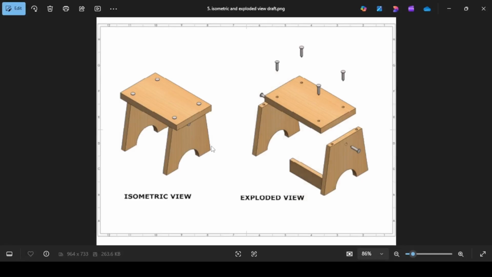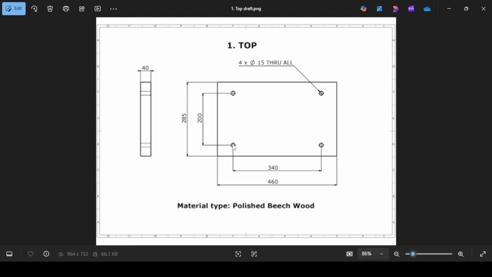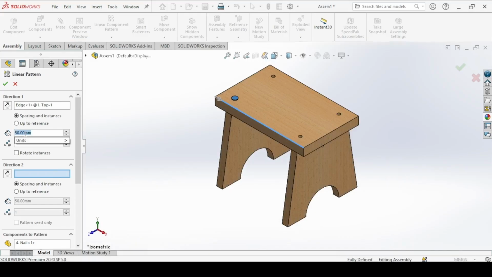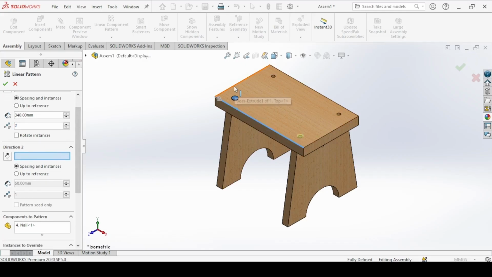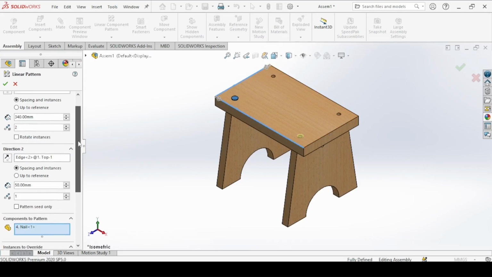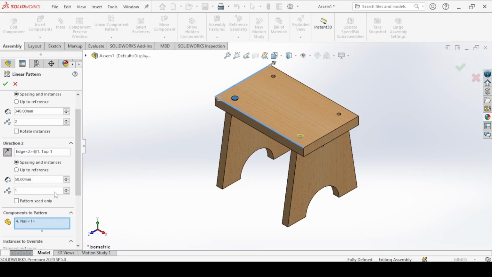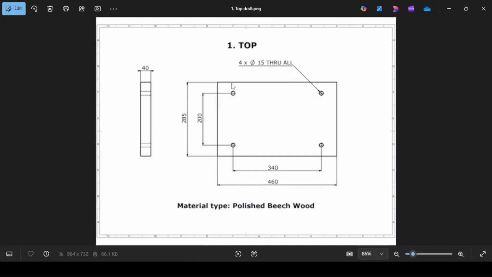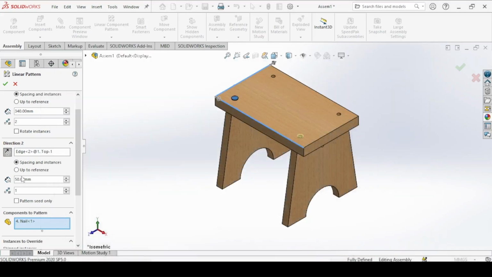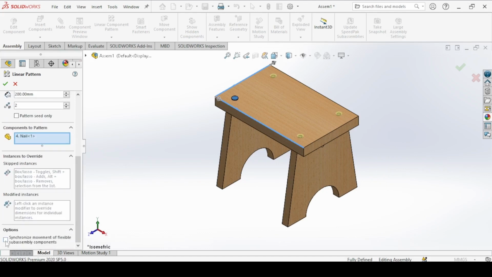And looking at the dimensions on the top, the distance from this center to this center is 340. So the distance should be 340, and we need 2 nails. And then in direction 2, click on this line. We want to go in the opposite direction, so just reverse. And the distance between these two centers is 200, so set it to 200, and we need 2 nails. Come down and check this option. Okay,